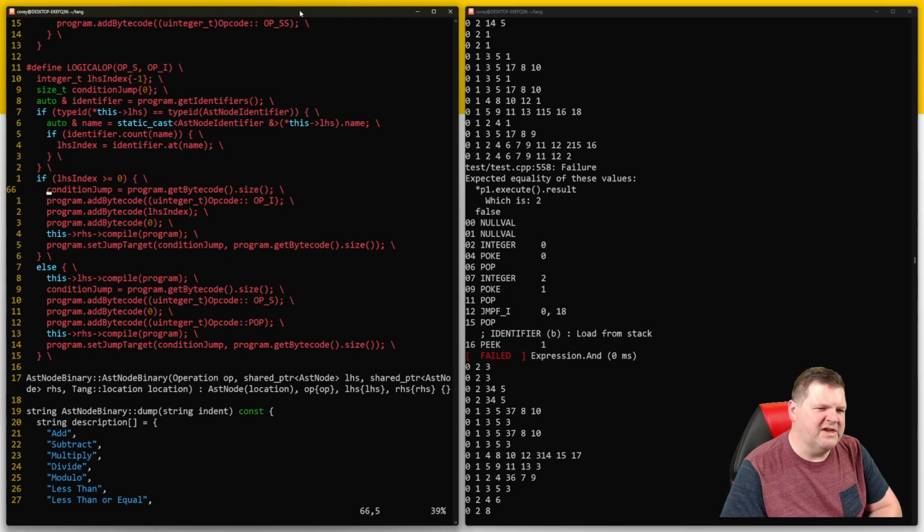First of all, where is the condition going to? Oh, that's going to be the jump, based on the index here, and I don't know where yet. The problem is